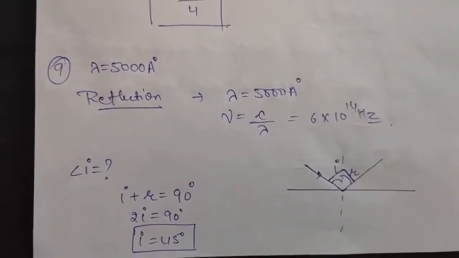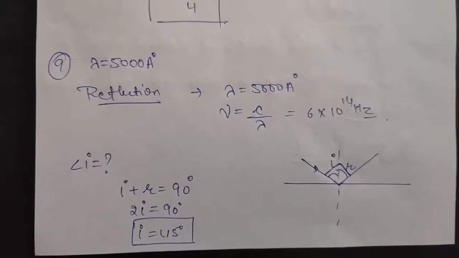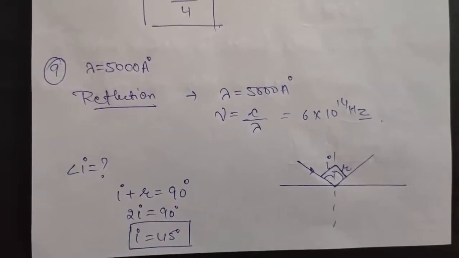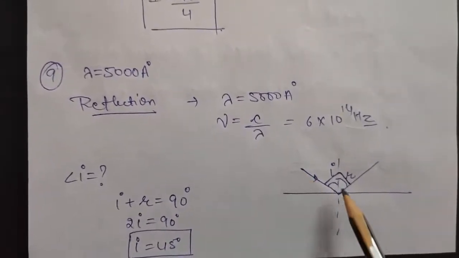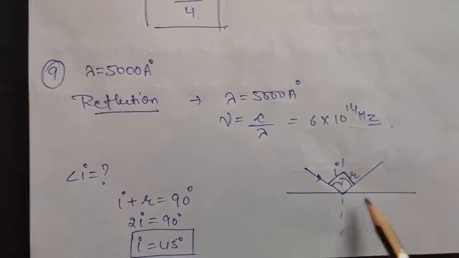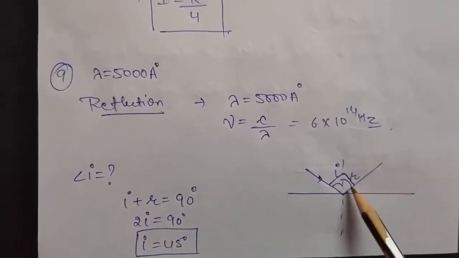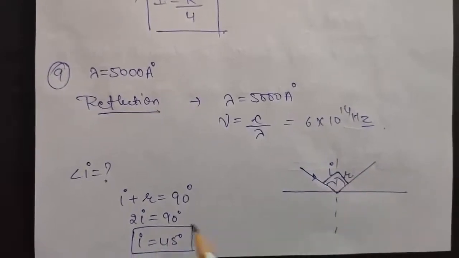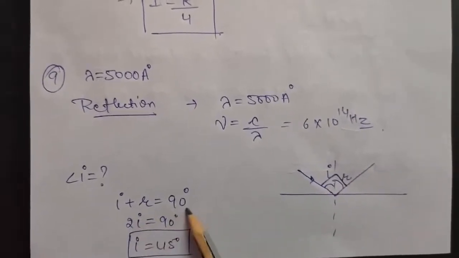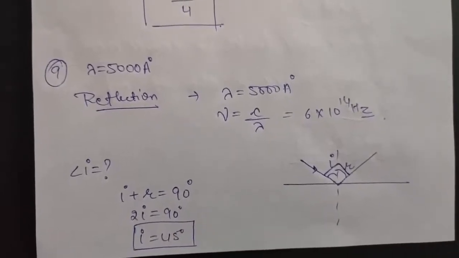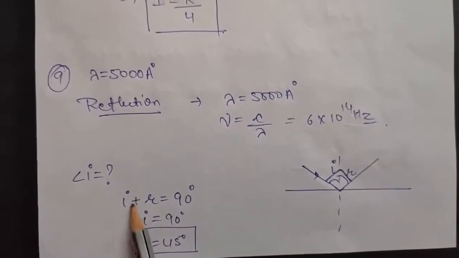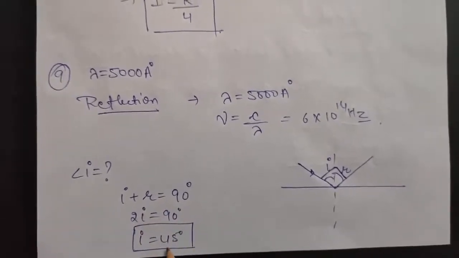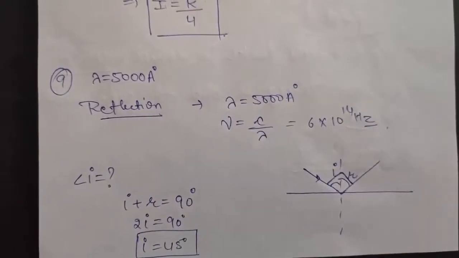Okay. So in the second part it is given, for which angle of incidence are the incident and reflected rays normal to each other. So let us suppose this is your incident ray, this is your angle of incidence, this is the reflected ray, this is your angle of reflection. Now if the incident ray and reflected ray are normal to each other, that means I plus R will be equal to 90 degrees. Now from the law of reflection you also know I is equal to R, that is 2I will be 90 degrees, or you can say I will be equal to 45 degrees.